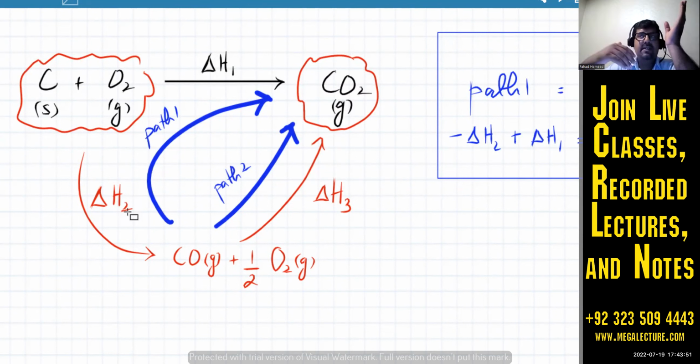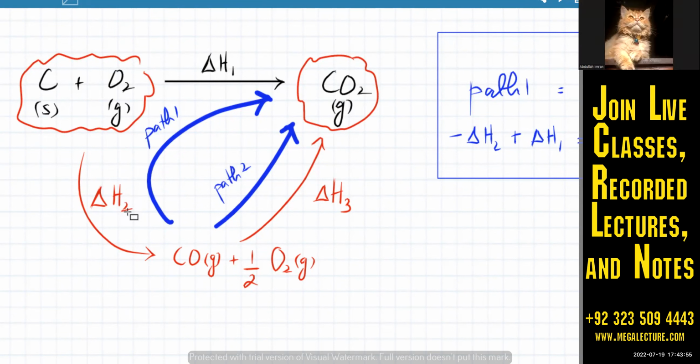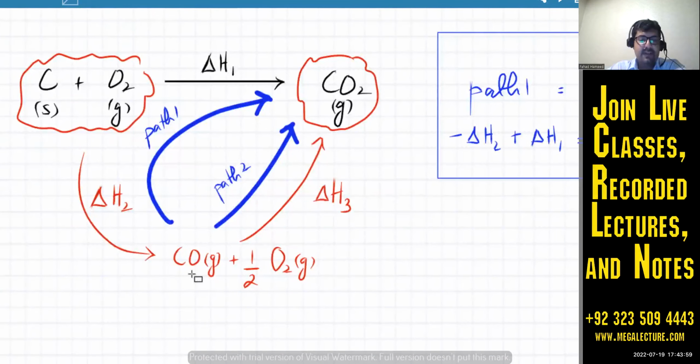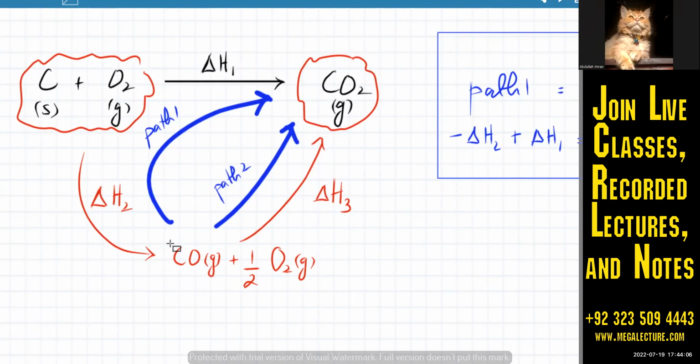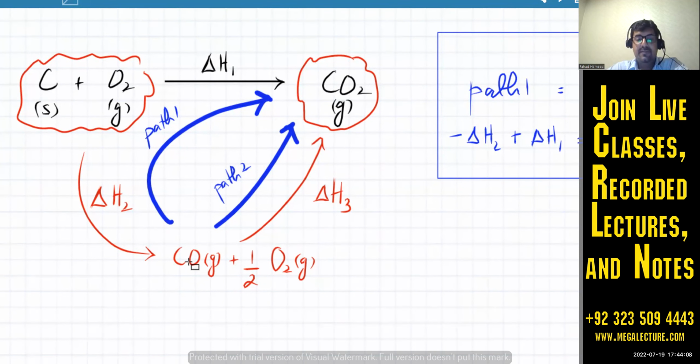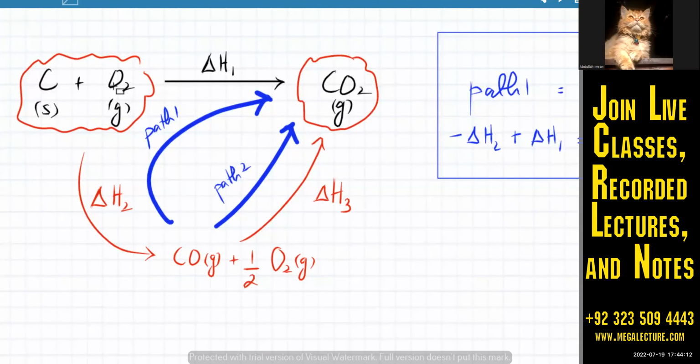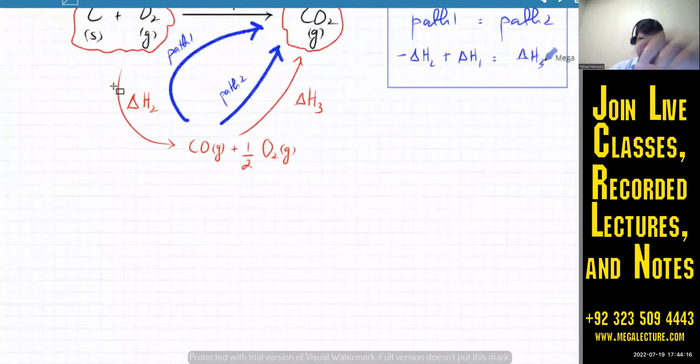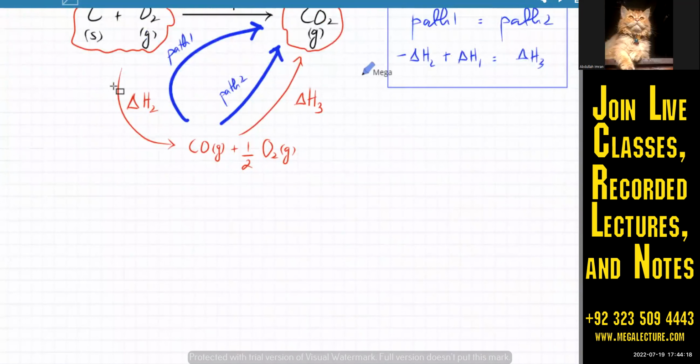If, for example, you're going forward, you're breaking some bonds and you're forming some bonds, right? Over here, you're going from carbon to oxygen and you form carbon monoxide, right? So you're going to break the oxygen bonds and the oxygen will then combine to form carbon monoxide. If you want to go back, you're going to do everything in the opposite direction now. You're going to break the carbon monoxide bonds and you're going to form the oxygen bonds. So the point I'm trying to make is that you should know one thing: